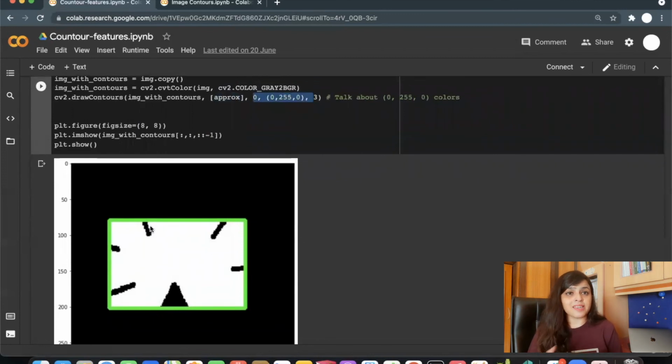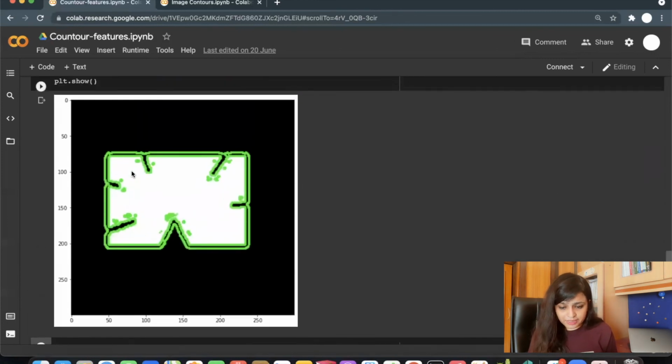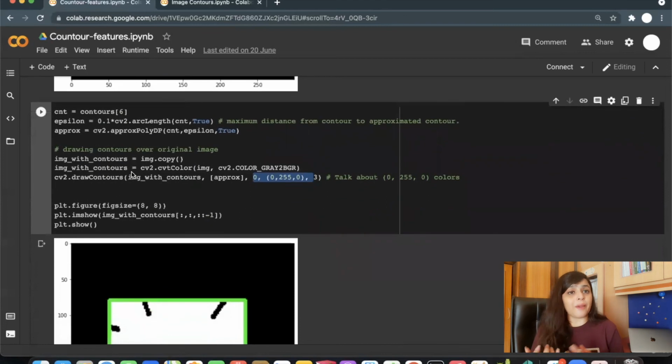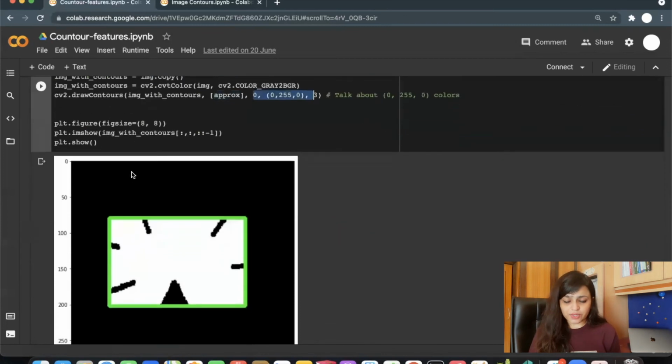If I don't want these extra contours, I can use this approximation method so that I can get this type of result.